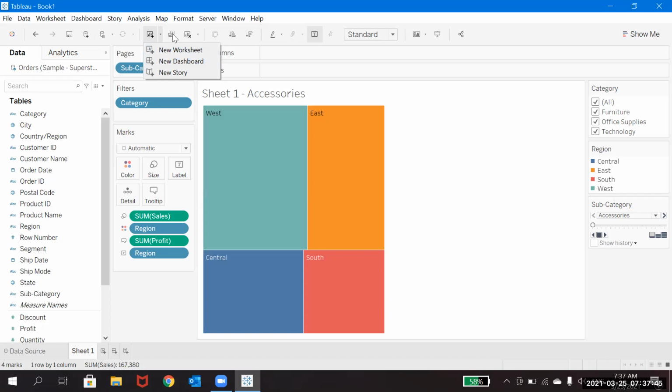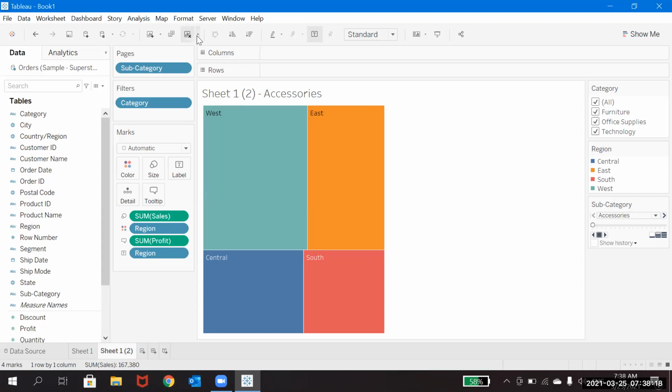Okay, now you have one more option, duplication. You have done a lot of work in this worksheet, and in the next sheet you need to create the same thing with maybe some filter or small adjustment. That time you need not create the complete sheet again. You can just click on this and it will duplicate it as is, and you can change whatever small change you want to make there.